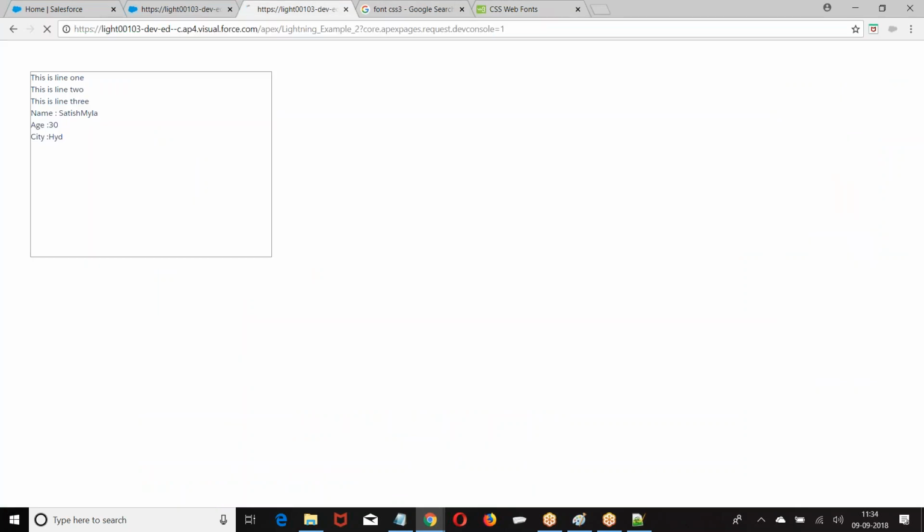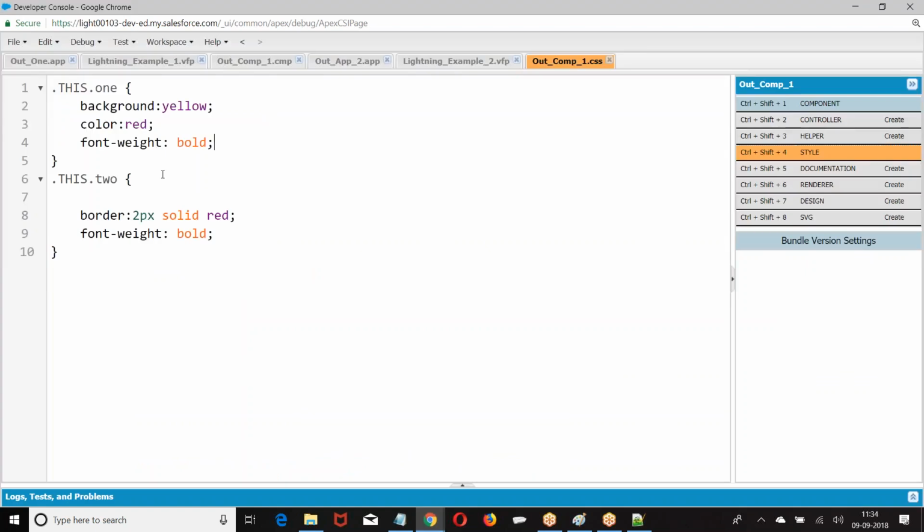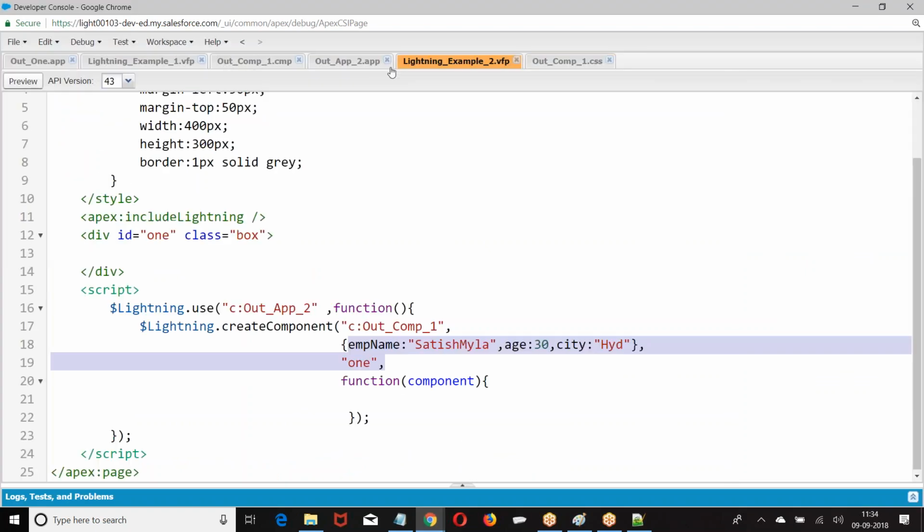Or else BF CSS are dominating that. Okay, do one thing.